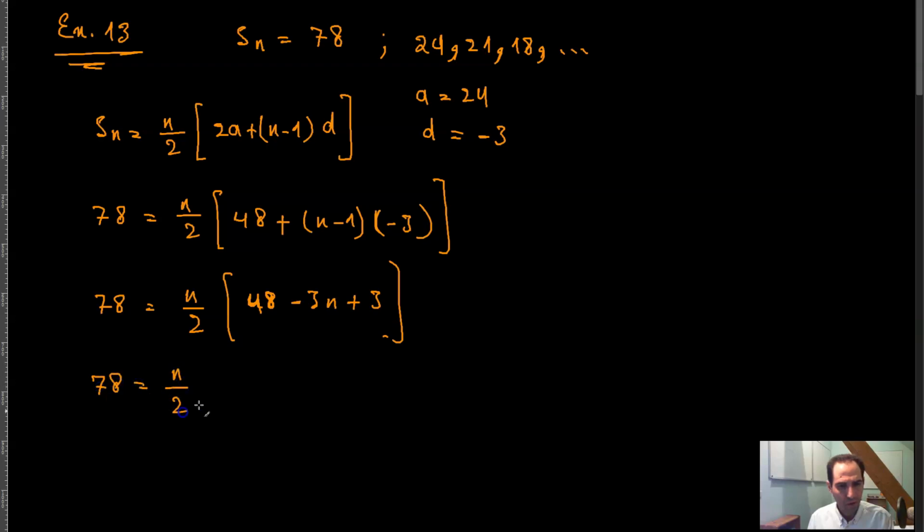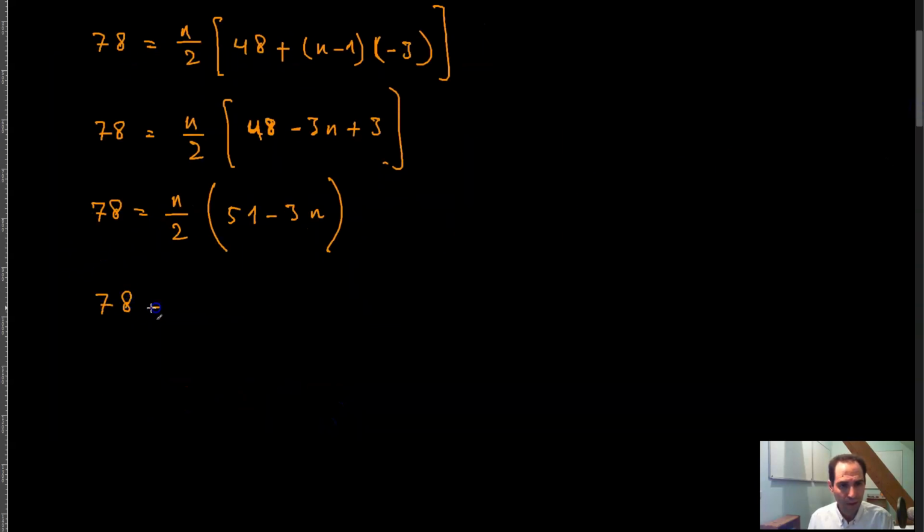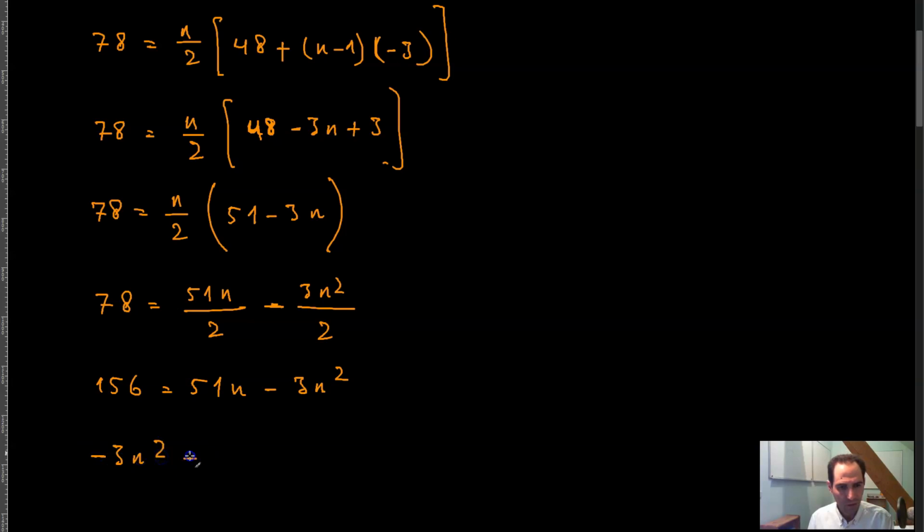And therefore 78 is equal to n divided by 2 times (48 minus 3n plus 3), which is 51 minus 3n. Then you can say that 78 is equal to 51n divided by 2 minus 3 times n squared divided by 2, and multiplied by 2, you'll get 156 is equal to 51n minus 3n squared,